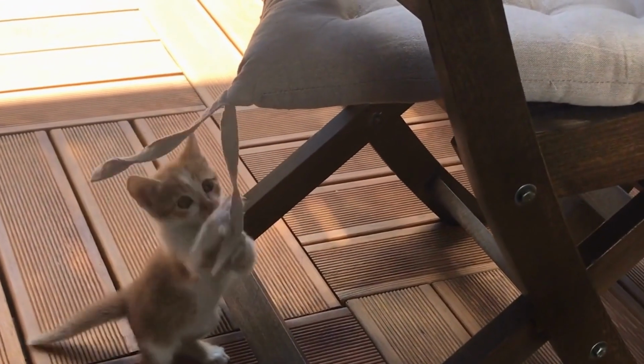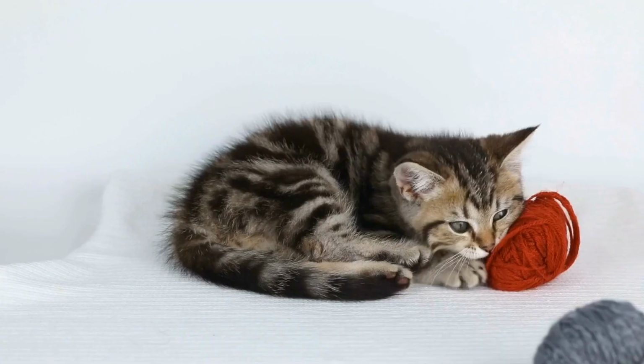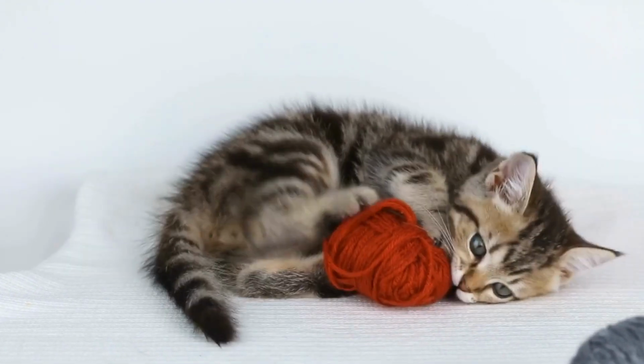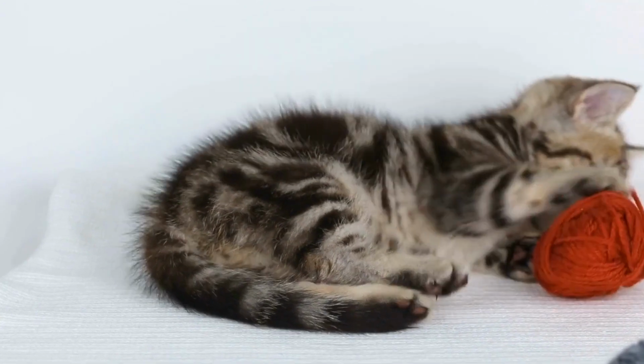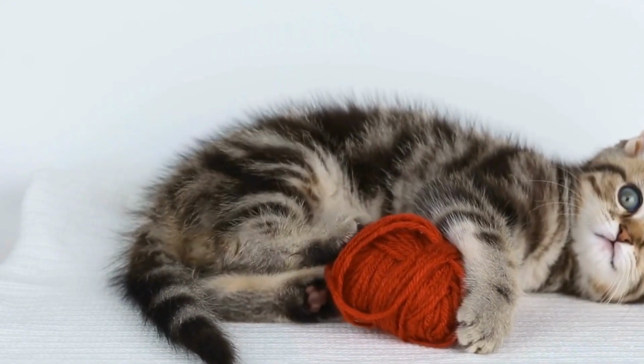In recent years, microchipping has become an increasingly popular method of identifying and tracking pets, particularly dogs. But what about our feline friends? Can cats be microchipped for identification? In this video, we will explore the world of microchipping and whether it is a viable option for our beloved